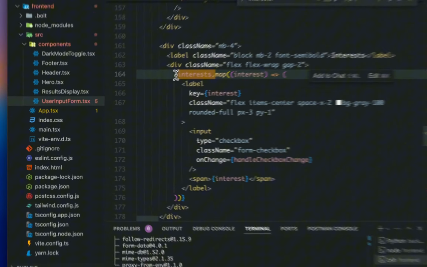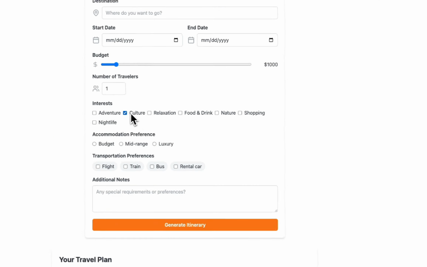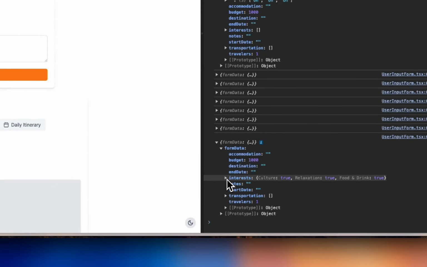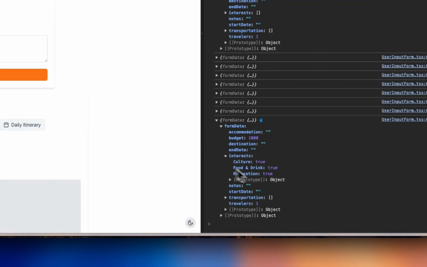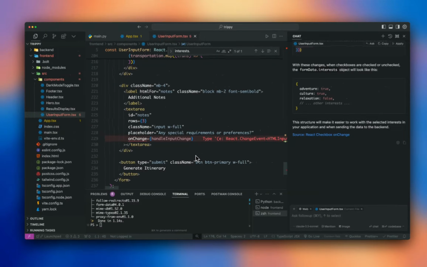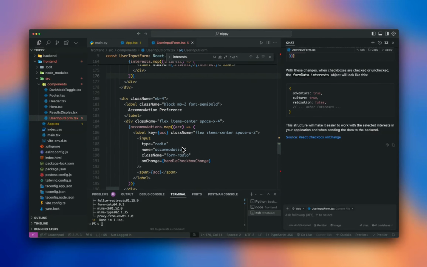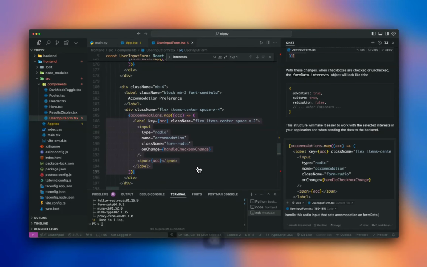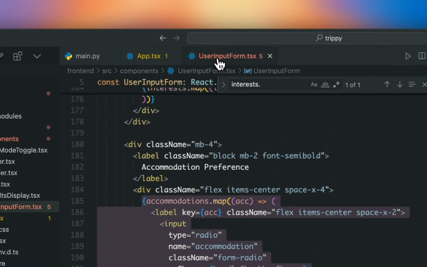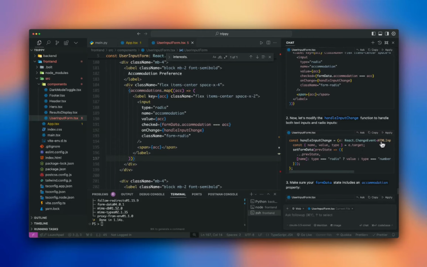We want to replace this entire part of the code. All right, and now when we select these and go here, you can see food and drink true. What happens if I uncheck? It just says false. Okay, and we want to make sure we do the same thing for the rest of accommodation properly. So we can copy that, and what we want to do is replace that,